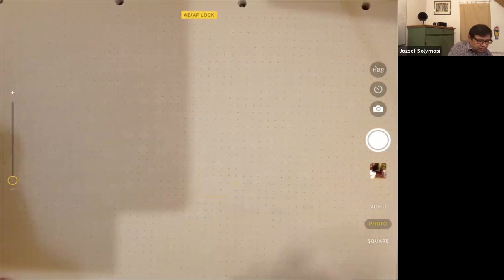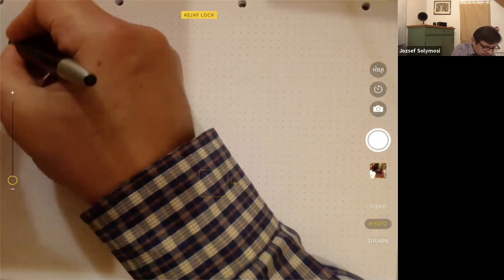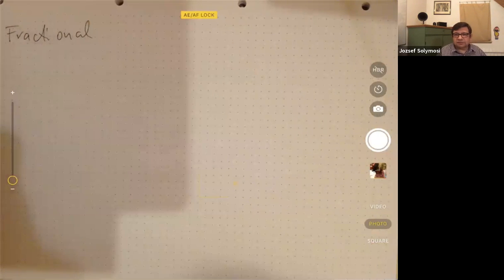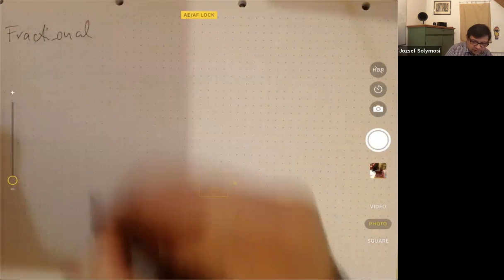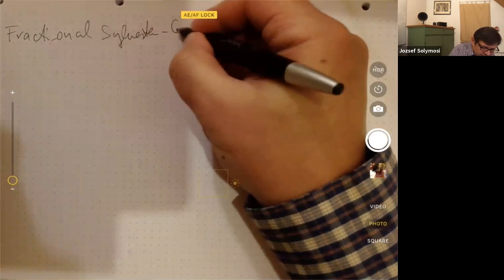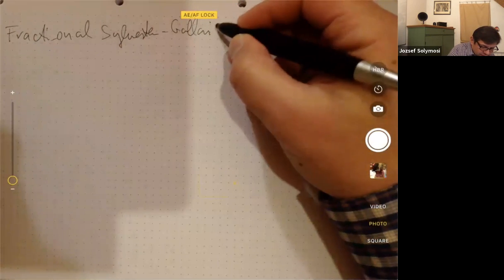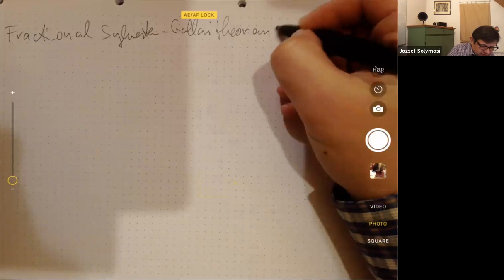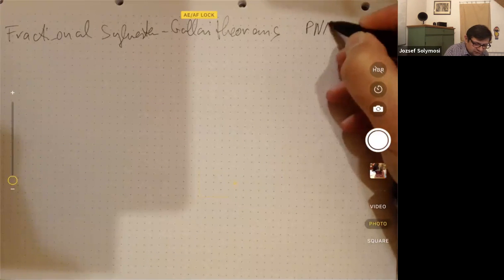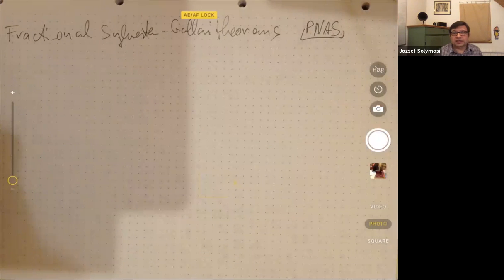So there is a work called fractional Sylvester-Gallai. Sylvester-Gallai, you know, was Sylvester's problem that I mentioned about ordinary lines, and Gallai was one of the, not the first one, but independently one who proved the theorem. The Sylvester-Gallai theorem, or theorems. I write the title here because this is a Proceedings of the National Academy of Sciences paper, and it's